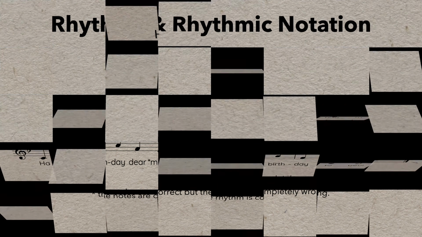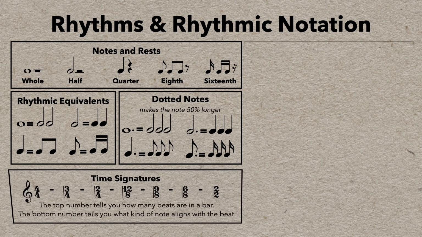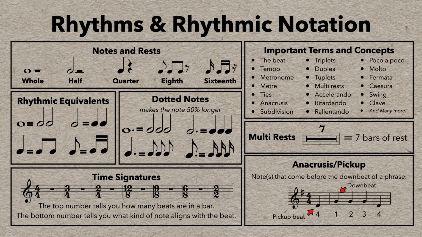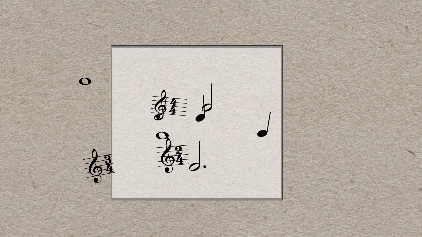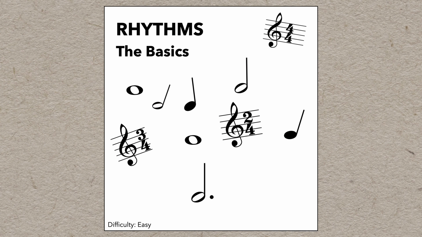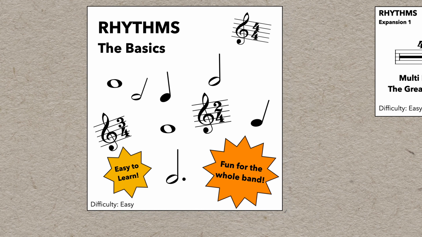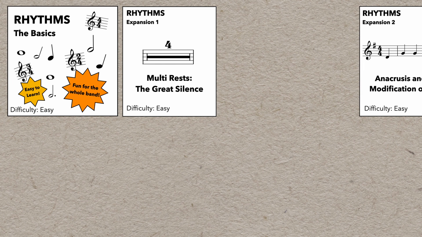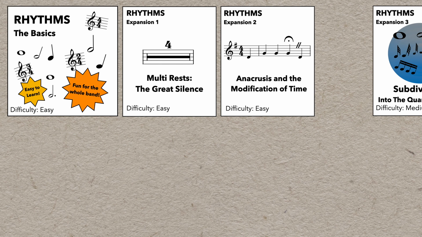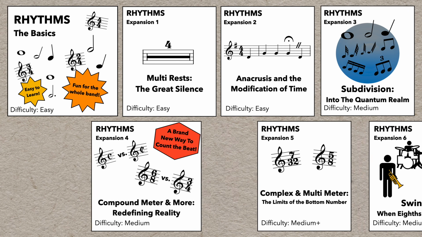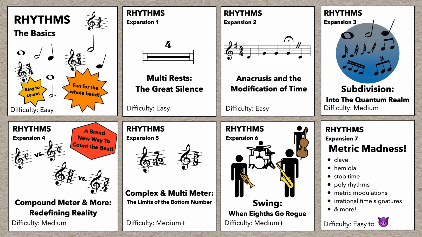Now, rhythmic notation and vocabulary can get pretty complicated and really feel overwhelming, but don't feel like you have to learn it all at once. You can almost think of it like a board game. The basic rules are pretty easy, and you can do a lot with the base game. But after a while, you're ready for more complexity, and you can even start adding expansions. Each one has a bit of a learning curve, but it's manageable if you do it bit by bit. And each installment really expands the possibilities of the game.